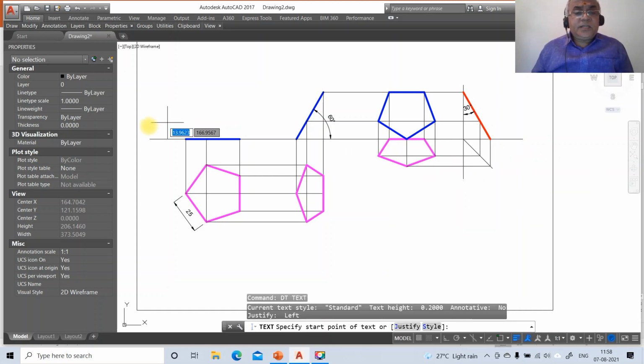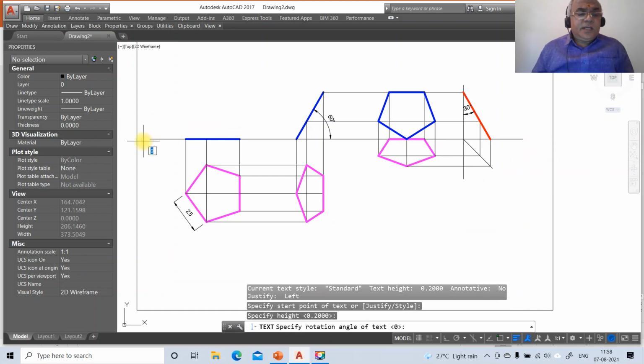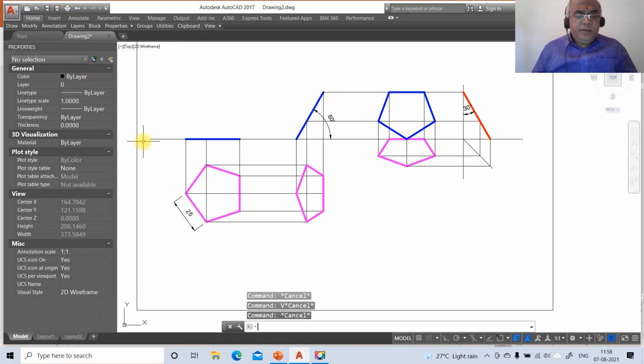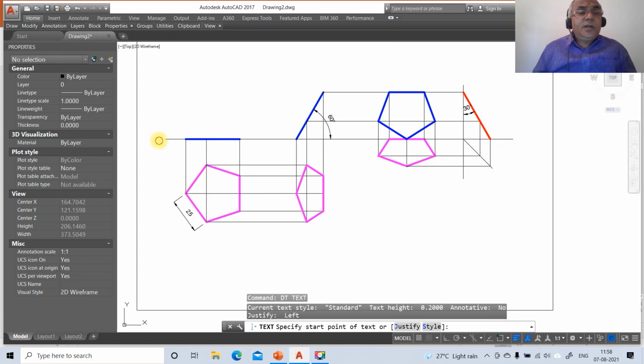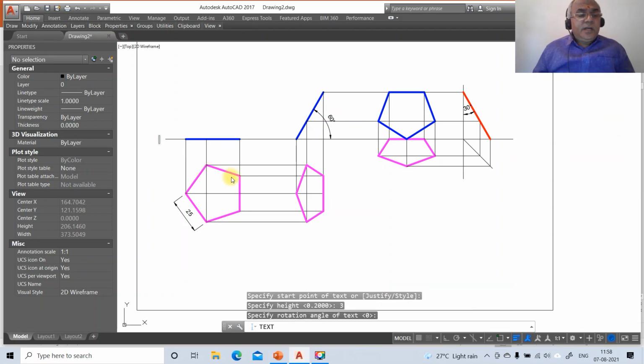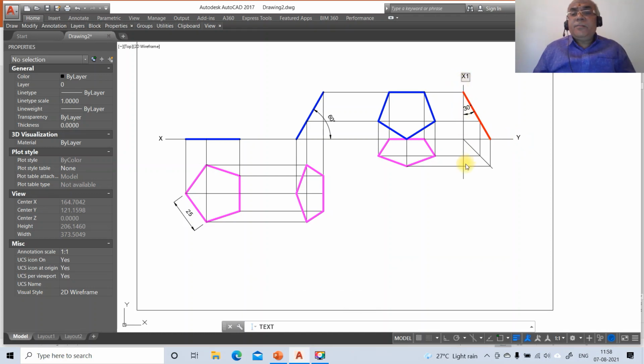Then you go to the text. Break this line till here and you break this line till here. Then go to the text, select this point, take the text height as 3 and you mark this as capital X and this as capital Y, this as capital X1 and this as Y1.